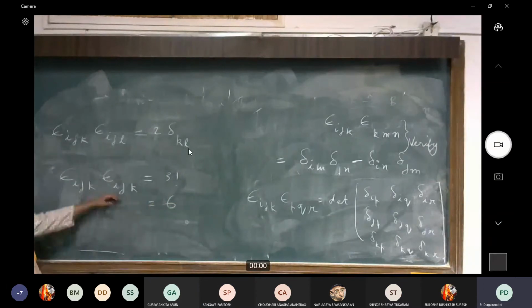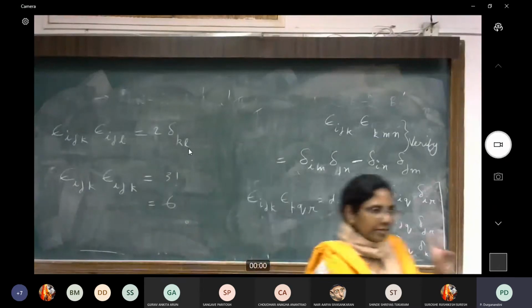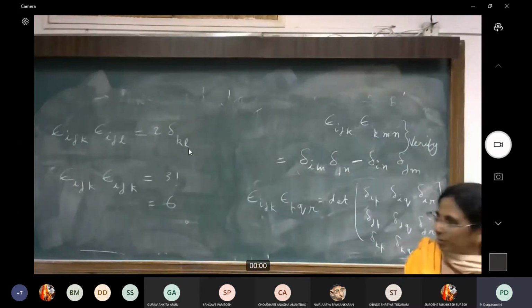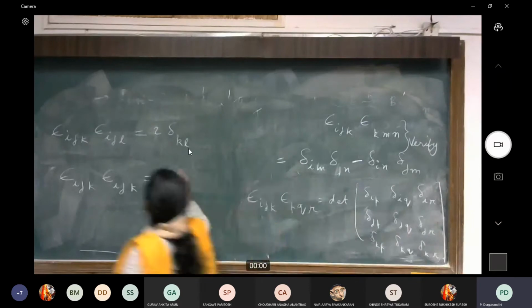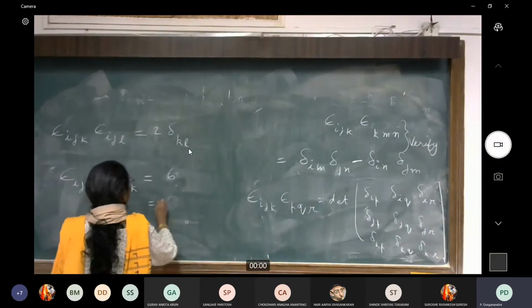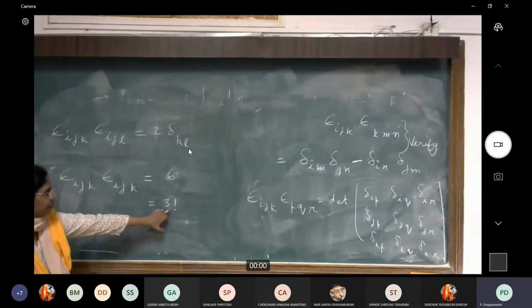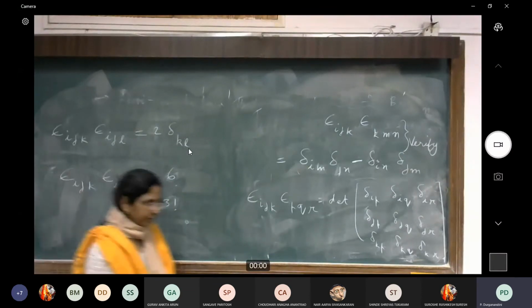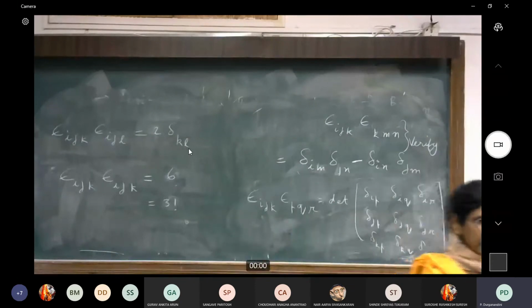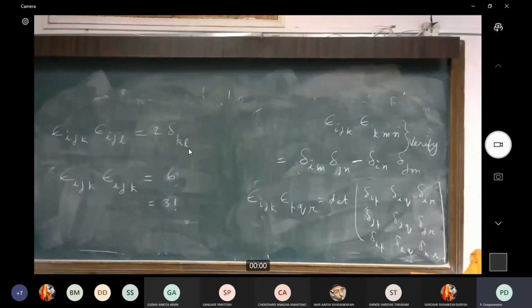The only I is some permutation of 1, 2, 3. If it's an even permutation, this will be plus 1 into plus 1. If it is an odd permutation, it will be like minus 1 into minus 1. And since we already saw that I only will have 6 non-zero answers, and either they are plus 1 or minus 1, I'm simply going to get 6. So I'll put here 6, which is like 3 factorial. All of why we would like to put this as 3 factorial is that later on, if you're dealing not with 3-dimensional space, but with say n-dimensional space, then what answer you will get there will be n factorial.